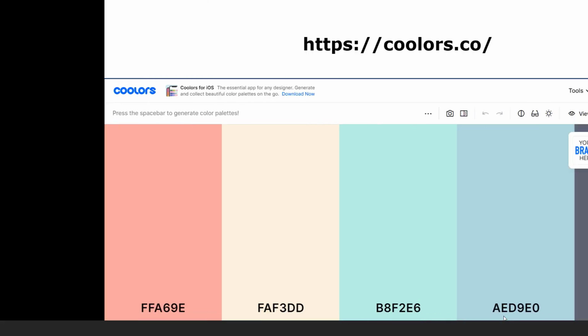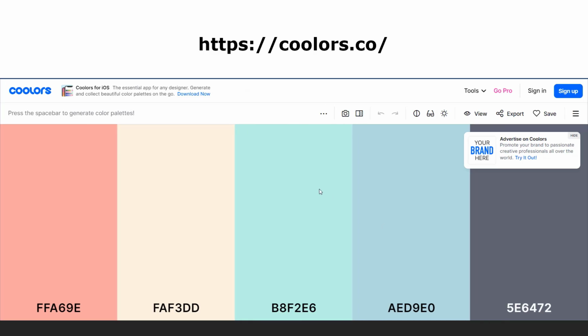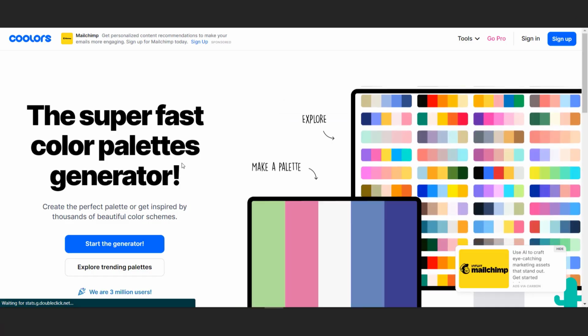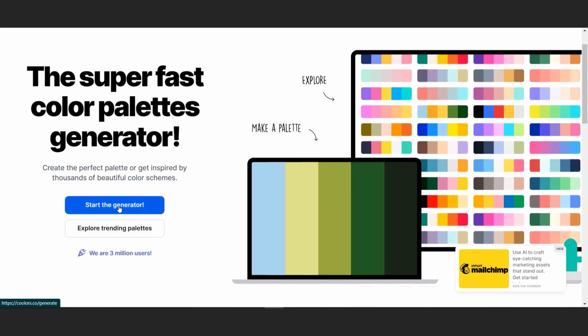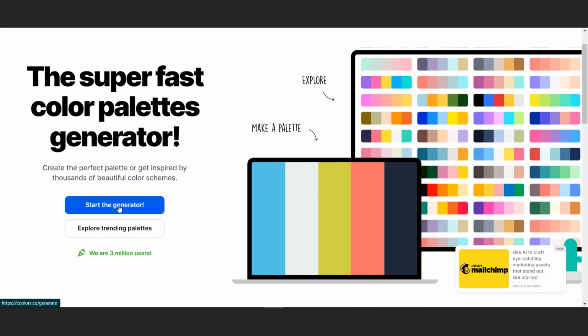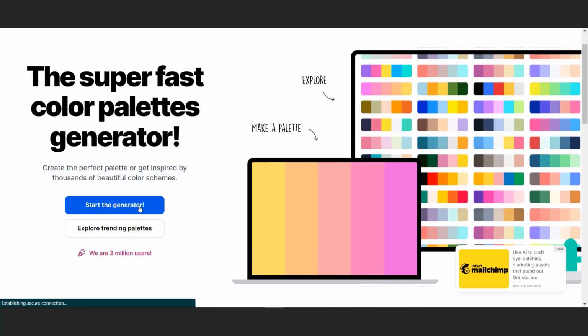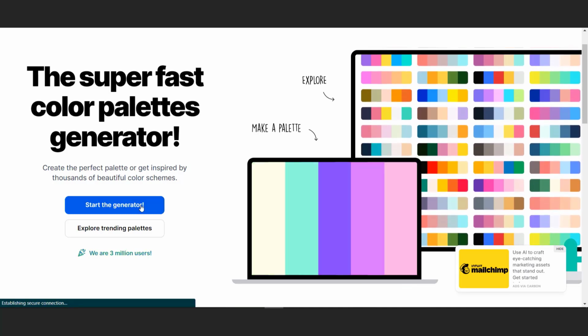And the next website I would like to introduce to you for choosing a color palette is colors.co. With the help of this site, it will show you the colors that match each other very well and do not bother the eyes. I have already opened this site for you in the browser to show you. When the website opens, if you click the Start the Generator option, you can create your color palette using the